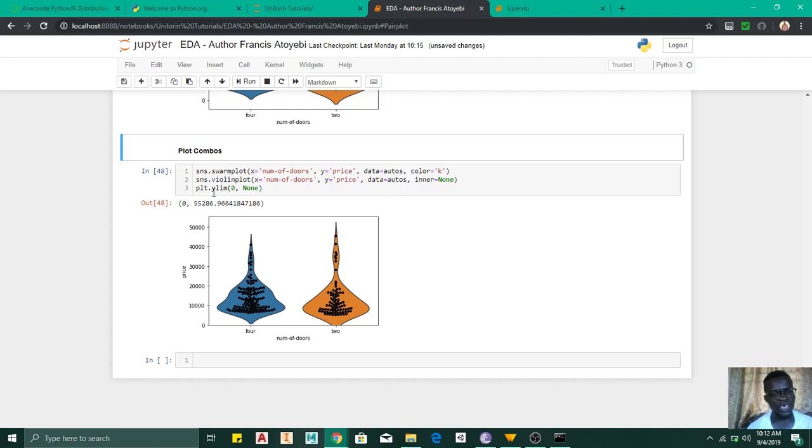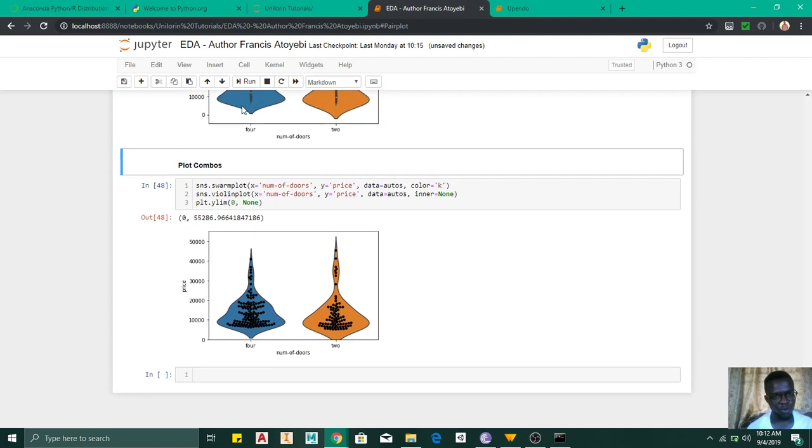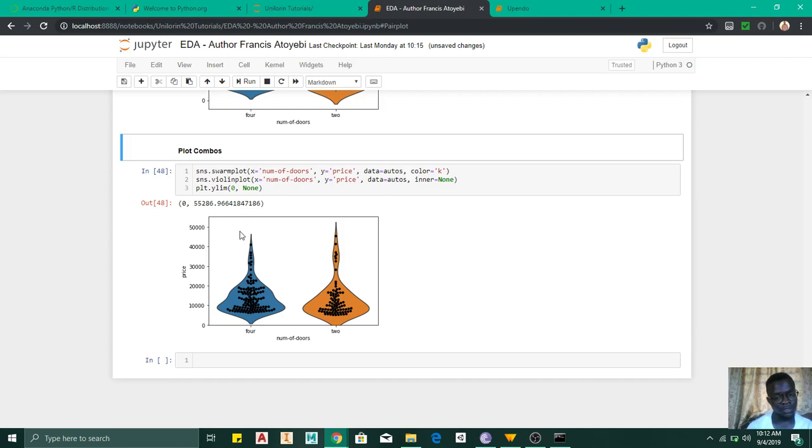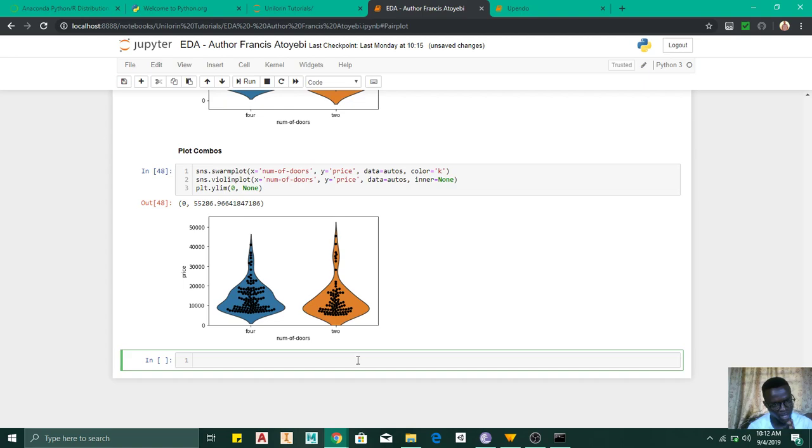And here I set the y limit to equal 0 because when I looked at this, it went a little bit below 0. So I just put it at 0. So let's just cut out that 0 and let's see that. So now